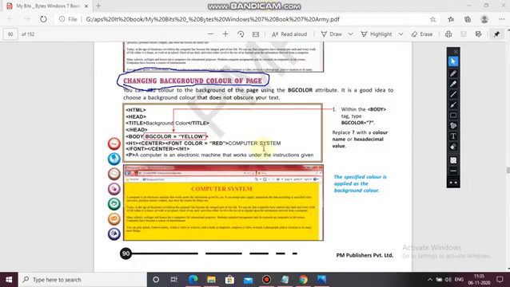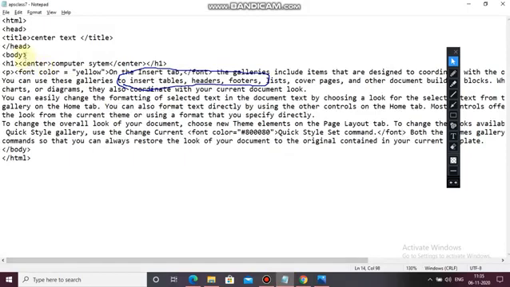So what we have to do, see here, body BG color is a code for changing the background color. We will write BG COLOR equals to name of the color, red. So here body BG color red.